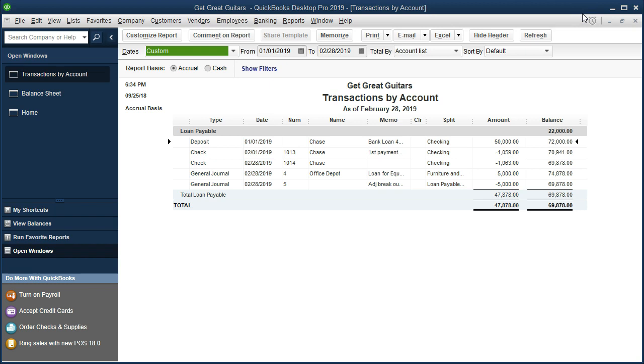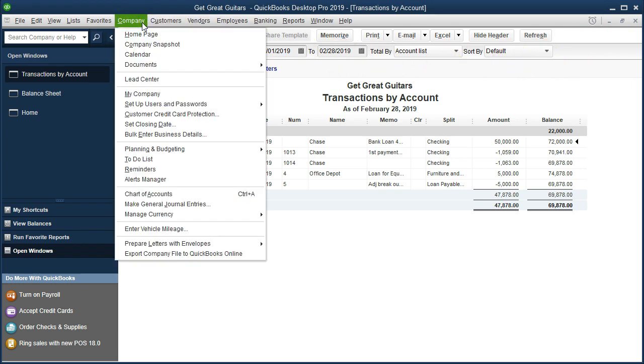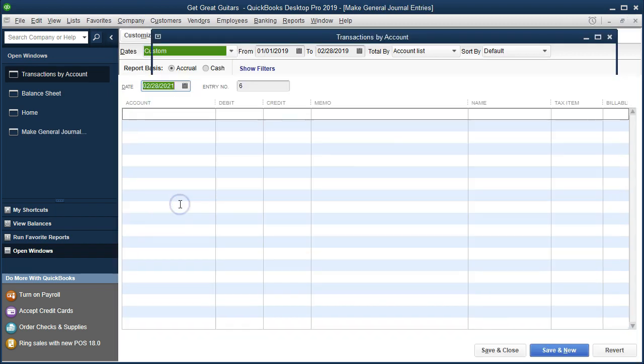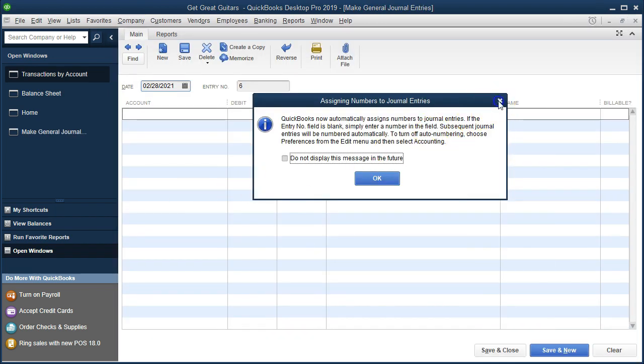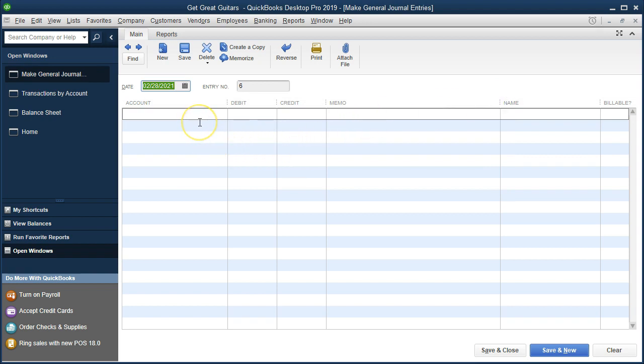Going back here to our forms, we can do this a couple different ways. Normally we would do this with a journal entry, which we would find at the company up top. We would go to make journal entry, and we would make it at the end of the month, and we would debit the long-term portion and credit the short-term portion. We'll come back to here and see this, but we'll try to enter these in there with the registers so that we don't have to know debits and credits,